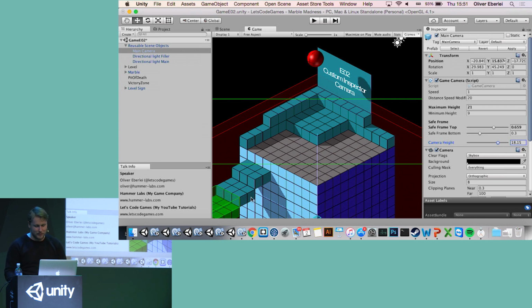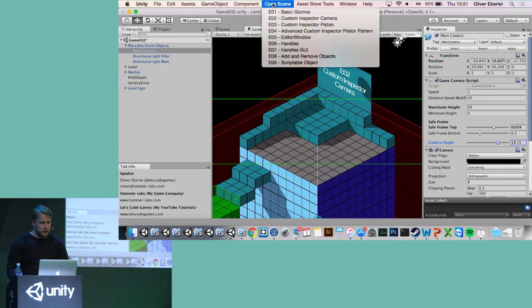I think I forgot to mark the object that it has changed as well. But later on, I have some functionality that I've actually tested and it works. All right, so this is a custom editor, a very basic custom editor. You can do really crazy stuff with that. All right, let's move on to the next thing.